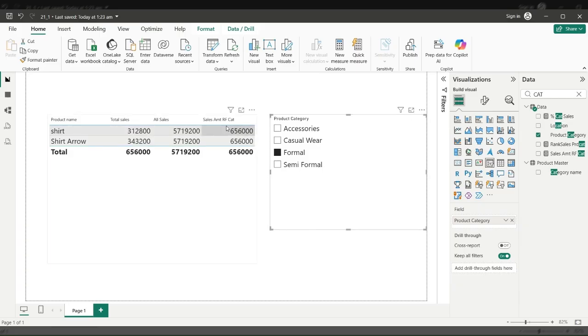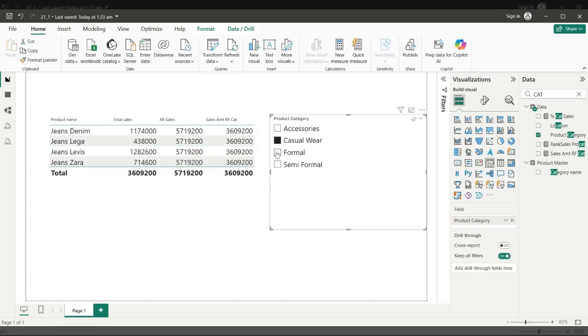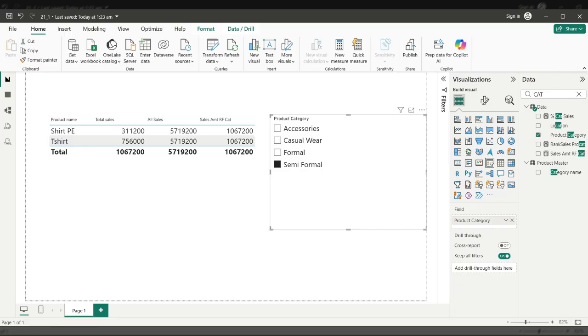So sales amount is only showing it for this one, otherwise it is going to be the same one. So this is basically how REMOVEFILTERS works. Okay, so I hope you guys have understood this video. Thanks for